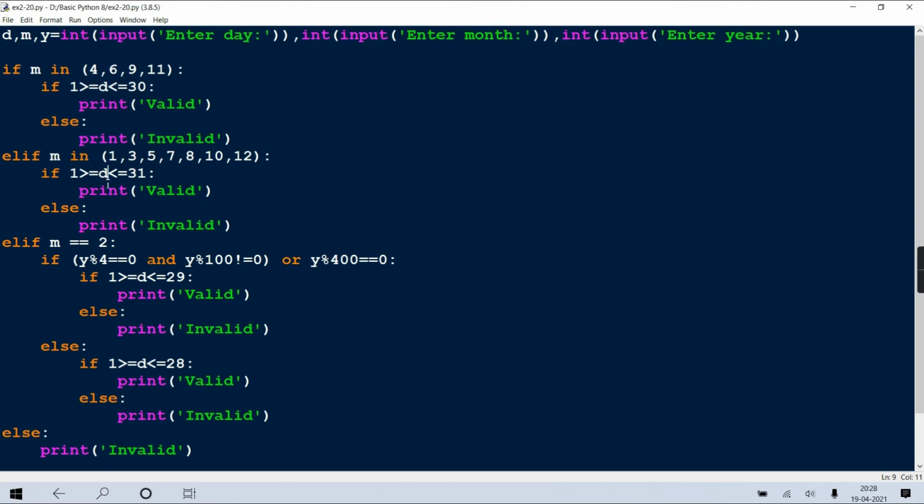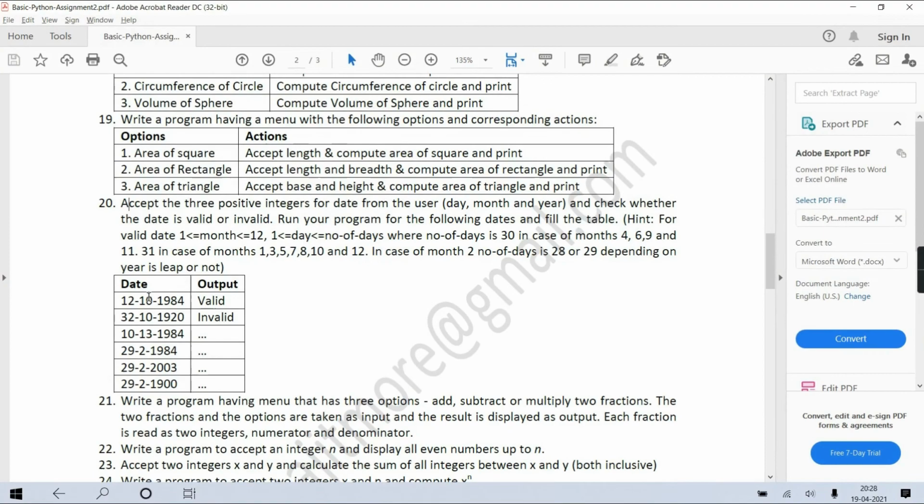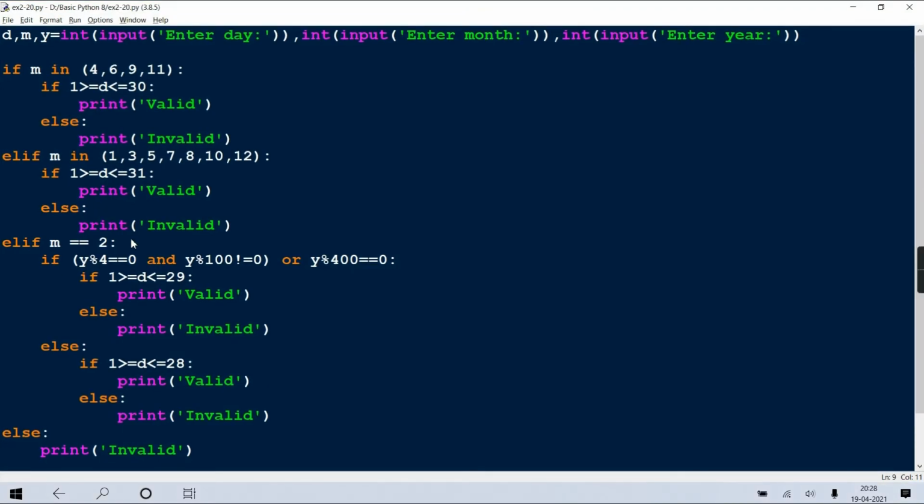Either I was supposed to write d greater than equal to 1, and this comes false, no? Because the number of days are 12 I have given. So is 1 greater than equal to 12? No, so false. That's why it goes invalid here. Clear?